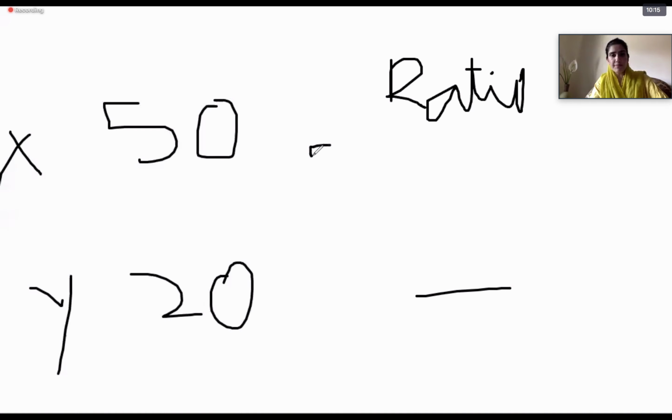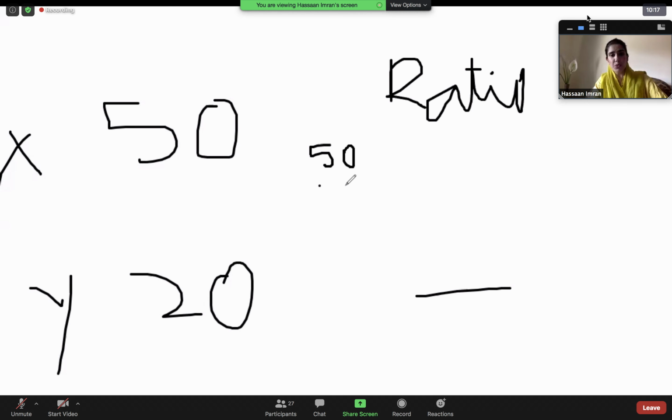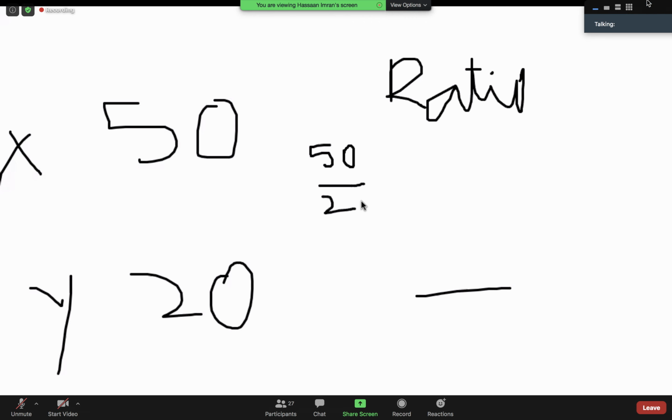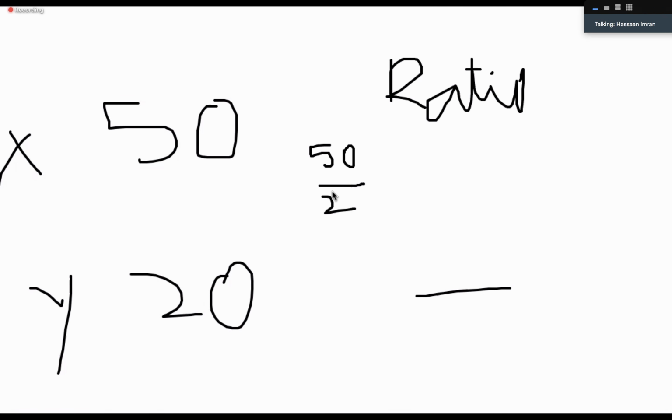We can look at the difference or we can calculate through a ratio, we can get to know who has more. Now, if we just divide 50 by 20, say, for example, if I make it a more rounded figure, if somebody has 40 and somebody has 20, this would give us a ratio of what? 2 is to 1, isn't it? So this means that X has got 2 times more as compared to Y. Or this 2 is to 1 means that for every 1 chocolate that Y has, X has 2 chocolates. Got it?